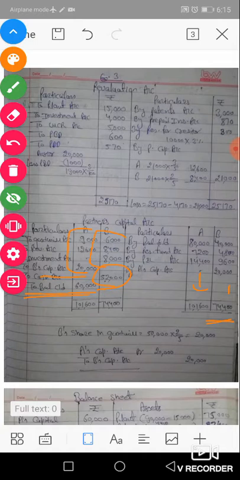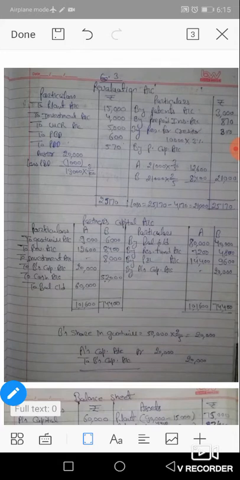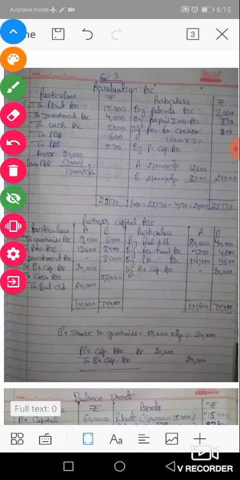There is no loan account. The total of B's column is paid to him in full. So total is 74,400 minus debit side amount 22,400, balance 52,000 paid to him by cash. So to cash, and both accounts are closed. One account is closed with cash and the other account is closed with balance c/d. Okay, now come to next. Next is our balance sheet.